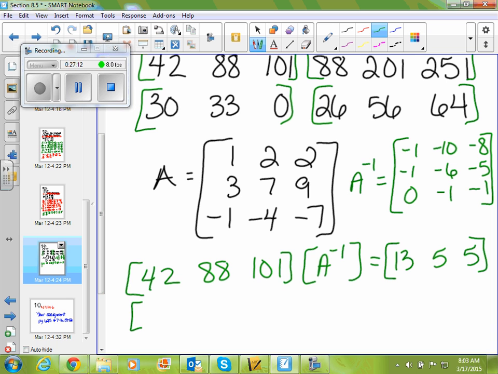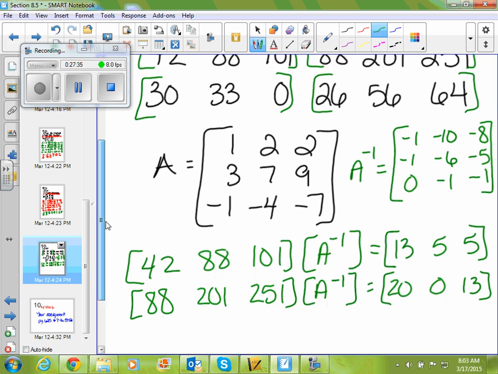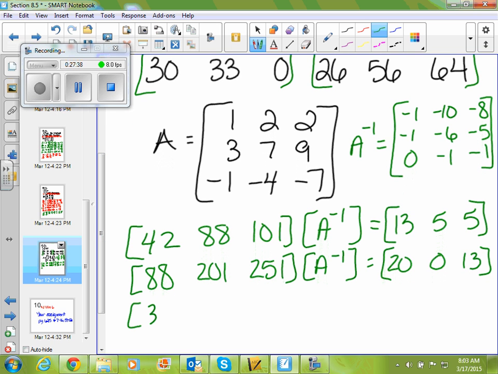If I take my second matrix, 88, 201, 251, and take that times my inverse matrix, I end up with a new matrix of 20, 0, 13. Okay, if I take my third matrix, 30, 33, 0, and take that times my inverse matrix, I end up with a new matrix of